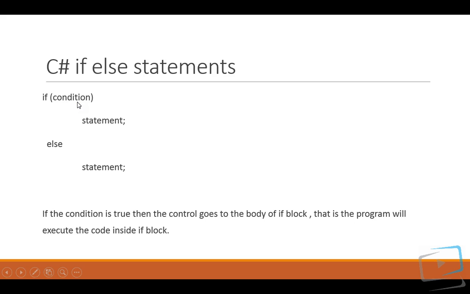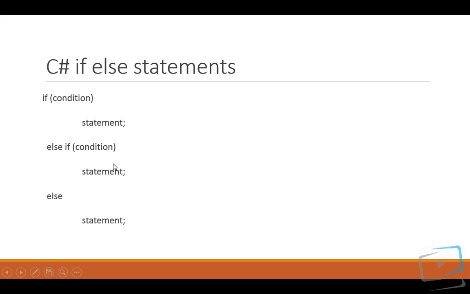So in C# the syntax is in this way. If condition, it will execute one statement, else it will execute the other statement. It means that if this condition is true it will execute this statement, or else it will execute the other statement. You can also have an if else inside an if. If the condition is true it will execute this statement, or else if you have some more conditions, you can put else if conditions here. At last you will have this. So this is an example of the else if condition.